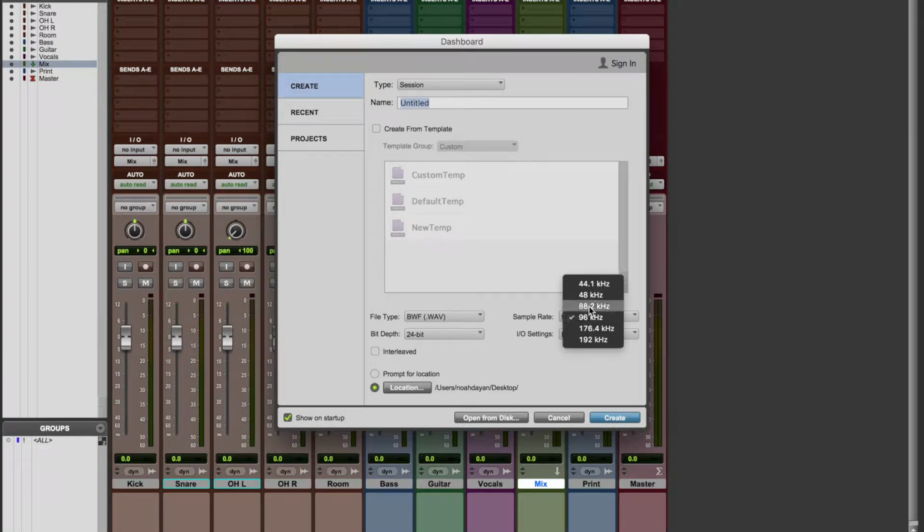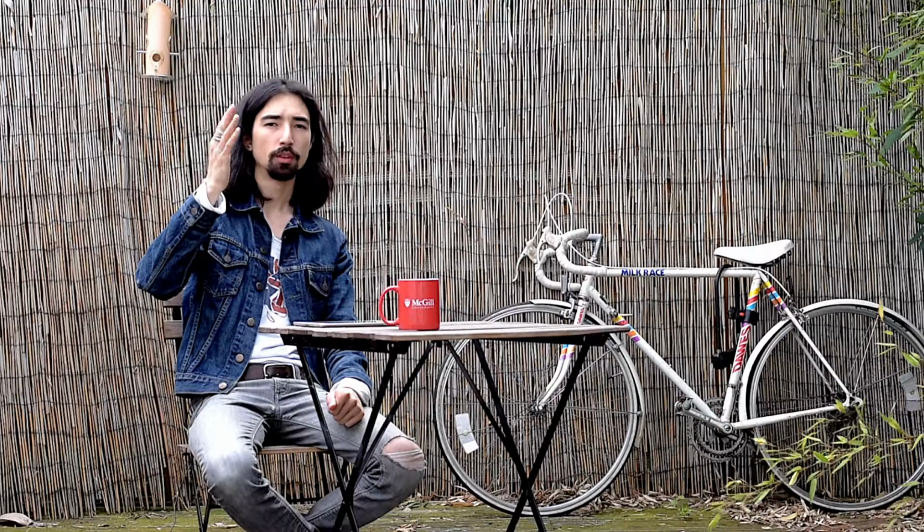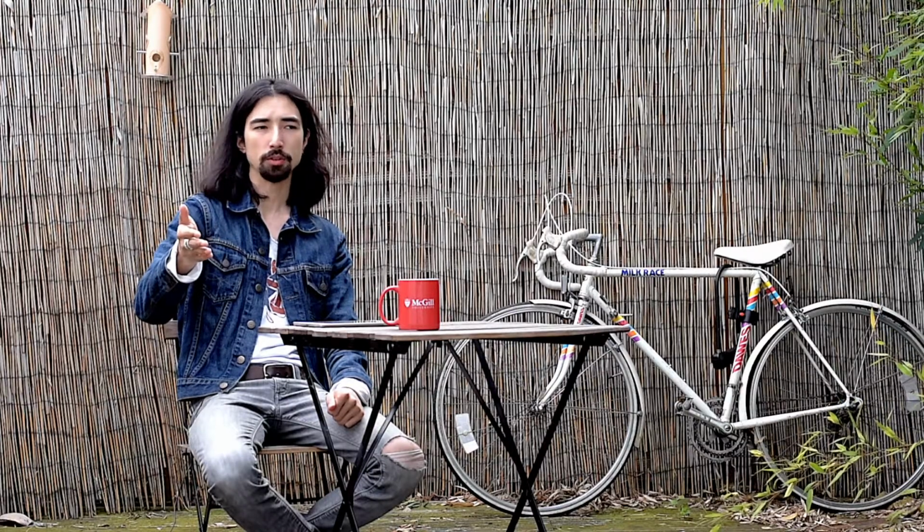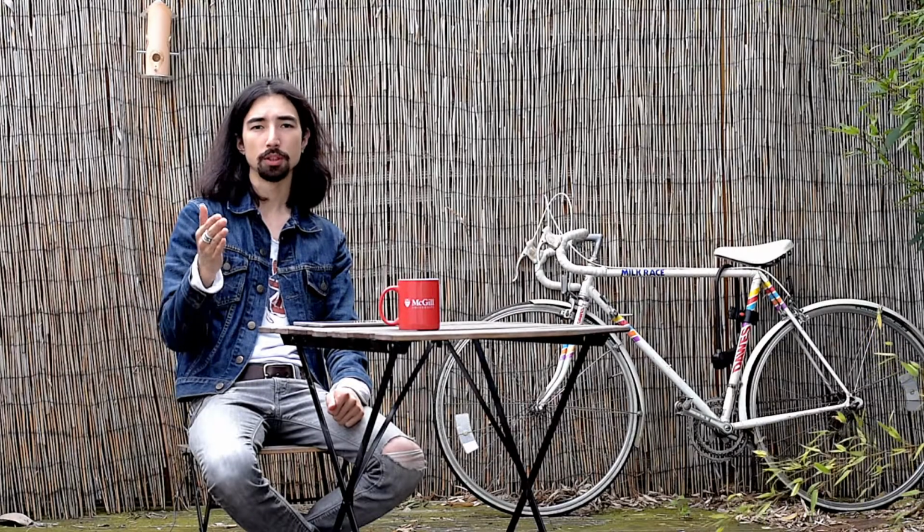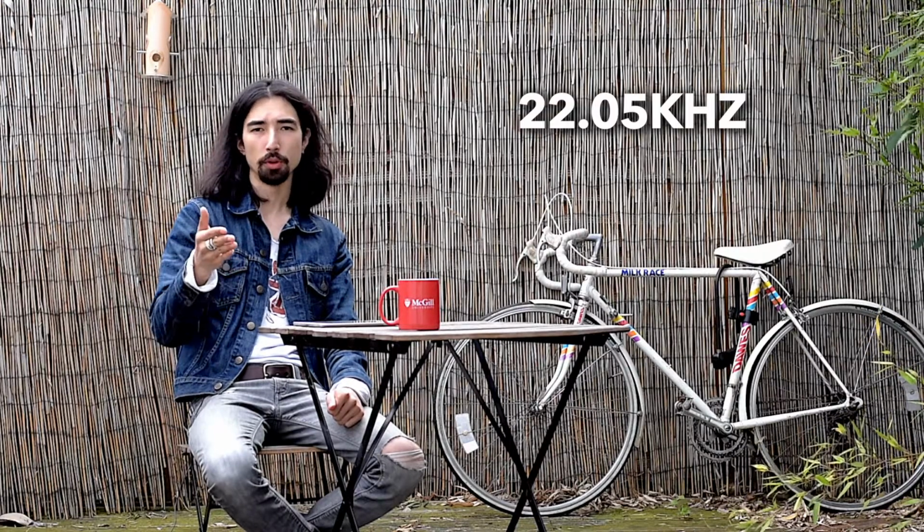In order to remove those aliasing frequencies when we sample, the converter is going to apply a low-pass filter. If you think about 44.1 kilohertz, the highest frequency you can capture is 22.05. The frequency range that the low-pass filter has to operate in is roughly 2000 hertz, which could be quite steep for a low-quality, poor converter. So if you record in 48 kilohertz, if you divide that by 2,